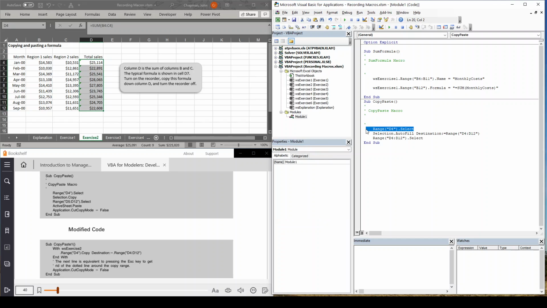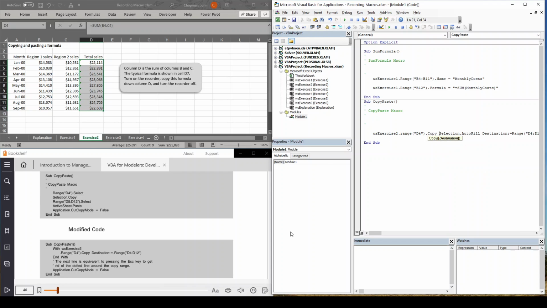So just like we did before, I'm going to take this select line out. I'm going to take this select line out. We don't need that. But we do want to do a WS exercise just to get in the pattern of the example here. This is exercise 2 because it's referring to the second sheet. And here we see the code name of exercise 2. I'm going to put a dot after my sheet designation to reference a range. So I'm coming back here. I'm going to do WS exercise 2 dot range. There's that dot. So I'm going to type in range, open parentheses, quote D4, quote, close parentheses, dot,